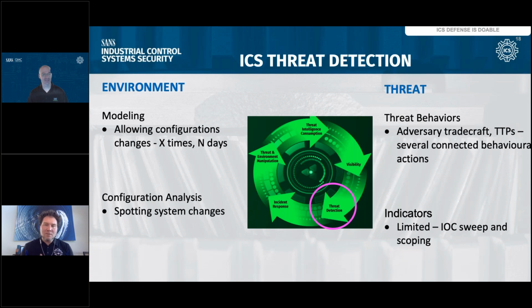But now, of course, when you get the visibility, going through the data you're finding is going to be threat detection. There are different ways to do this, which will render different amounts of false positives, different requirements for tools, different requirements for resources. If we look at threat detection versus the threat component of detection, you can see down at the bottom right, you can use indicators, which have limited value because you're sweeping the environment. It's point in time, checking to see, have you seen that signature, which can be changed rapidly by the adversaries. So with indicators you can scope the environment, looking for the threat specifically using those